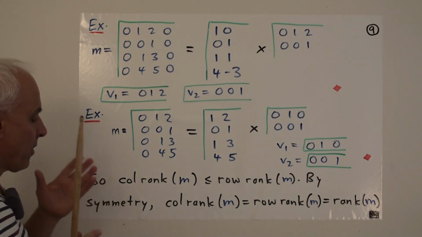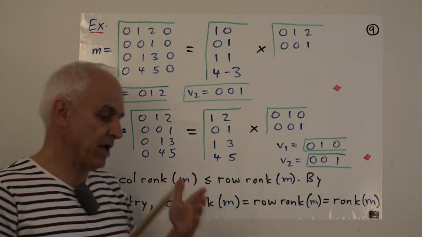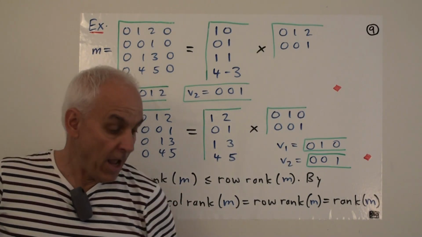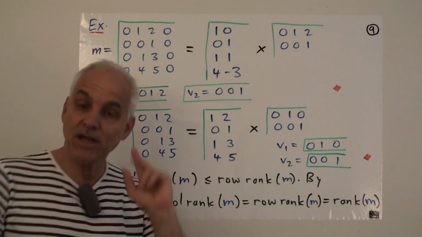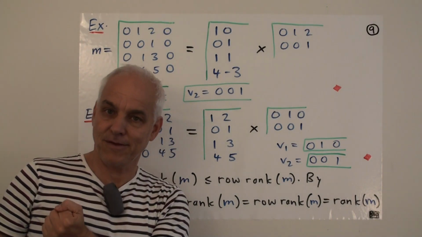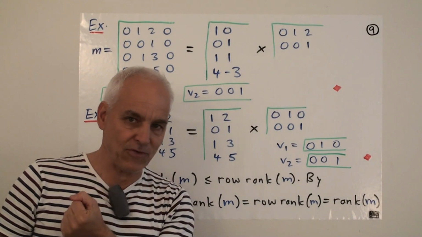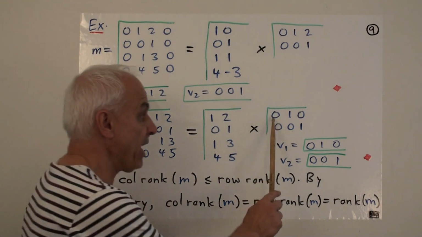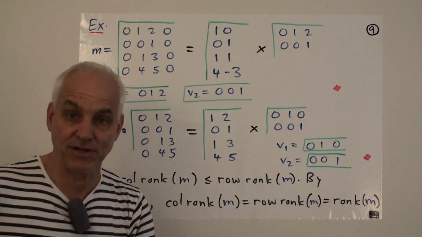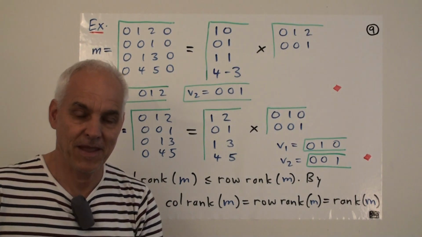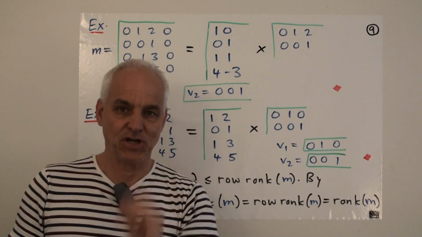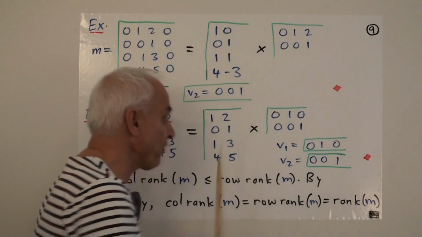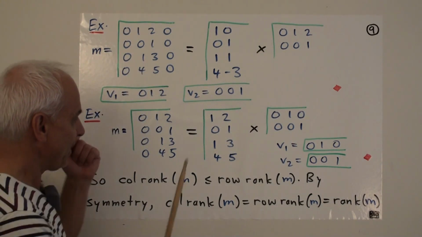Okay, so the argument is that once we have a minimal number of vexils that span the rows, we can cook up such a factorization. And then the observation is that we can interchange the rows and the columns in our thinking. Right? Things are symmetrical with respect to rows and columns. So when we look at a product like this, we can say, ah, this is a linear combination of these rows with these as the coefficients. That's true. But an equally valid interpretation is to say, aha, this is a linear combination of these columns with these as the coefficients. So let's illustrate that.